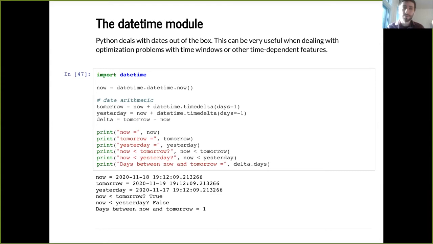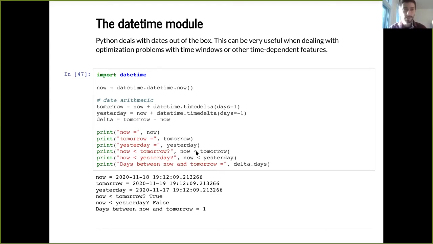But when I give it to a computer to read, I need to convert these dates to numbers. So that's where Python comes as being a very useful language. I can easily convert these dates to numbers. I believe that it's not that easy to do it in C and C++. I did it a few times, but I had to import libraries that were not already in the language. And I believe that in Java, you can deal with dates out of the box, but it's not as nice